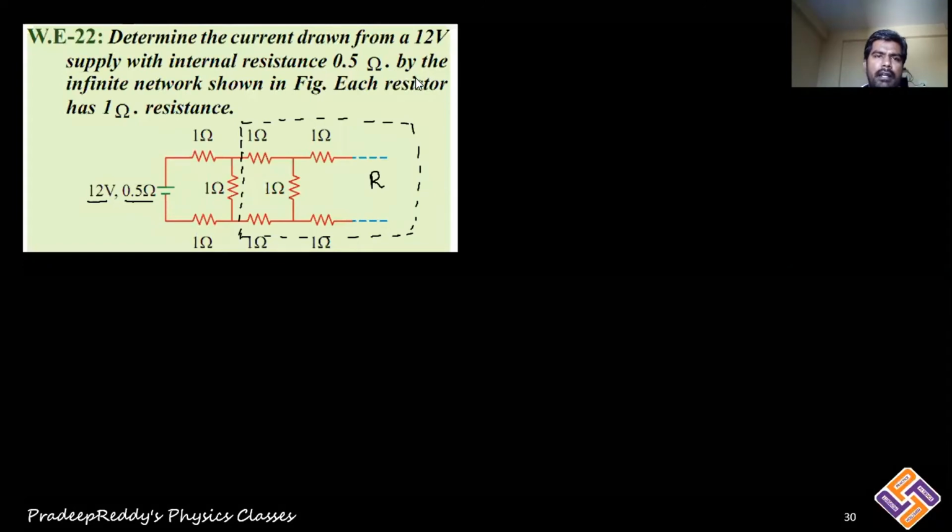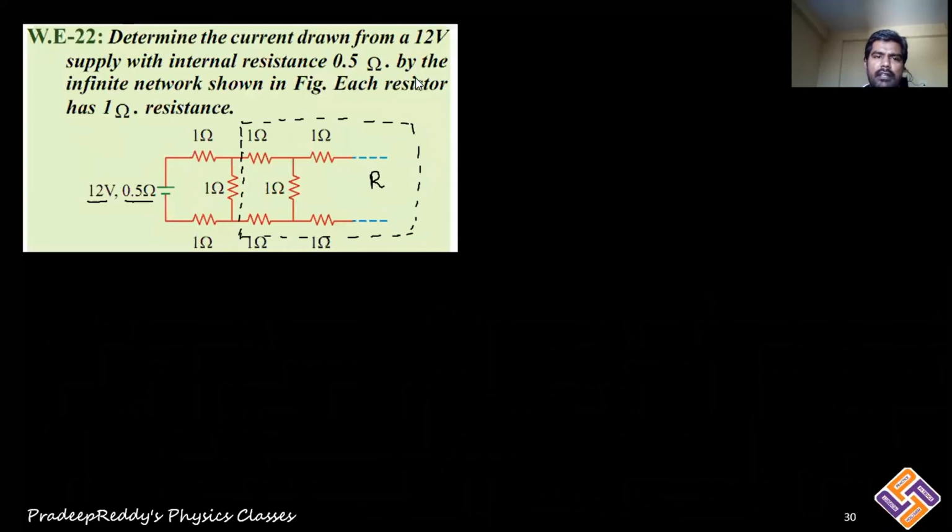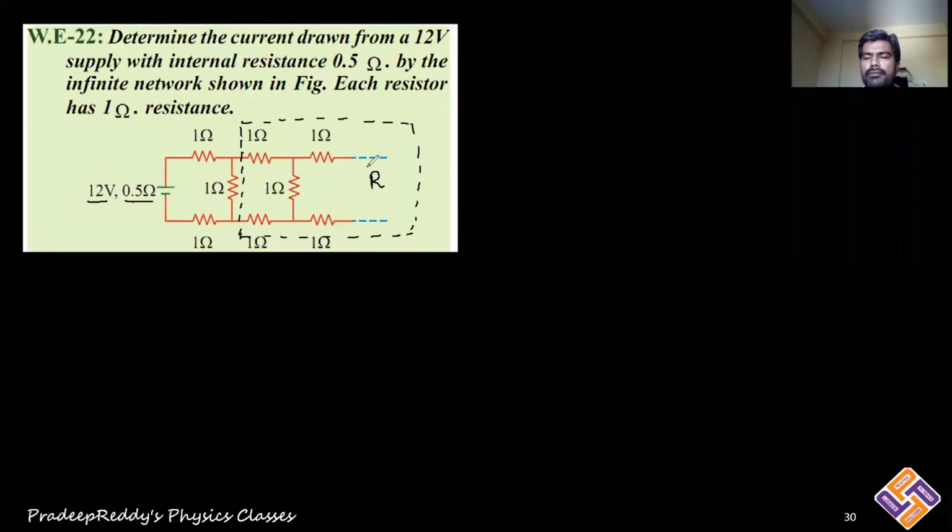And of course, this model we have already learned in capacitors video lectures. In capacitors also we took some n number of infinite capacitors. And what did we do there? Even there, we took this infinite number of resistors, which finally combine to give a resistance R. Now you redraw the circuit. I am redrawing the circuit.